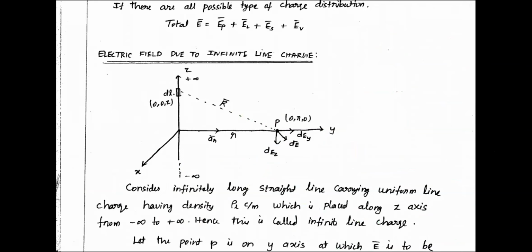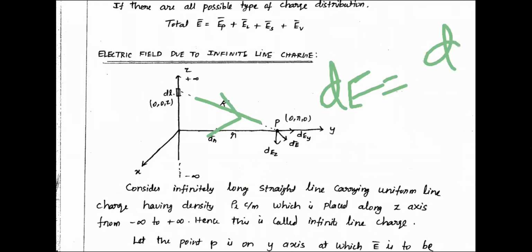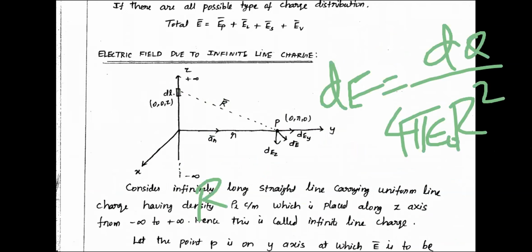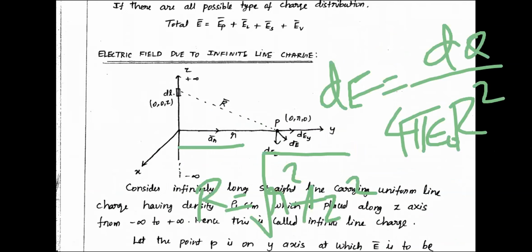Then what is my value of the force here? I already told you the value of the force due to the elemental charge is 1 over 4 pi epsilon naught r square. Again, you should know what this distance is. What is the value of r here? Using Pythagoras theorem, r square plus z square, square root. Anyway, what you need is r square, so the square root will cancel. So you can substitute the remaining things.